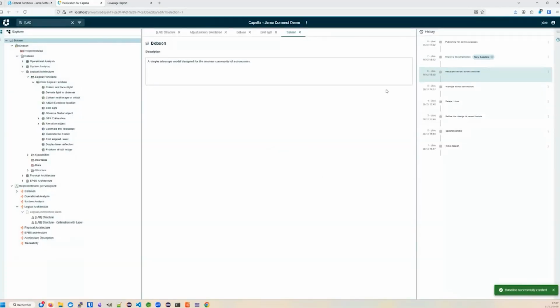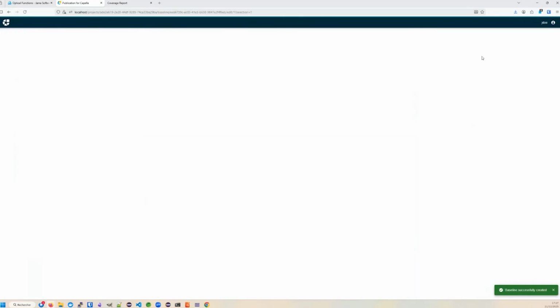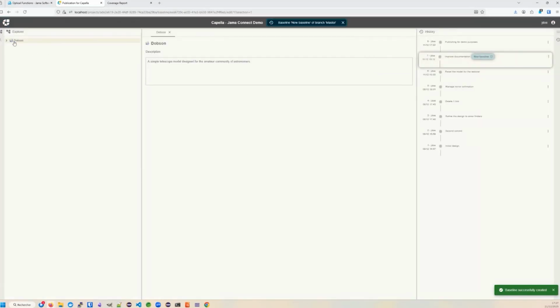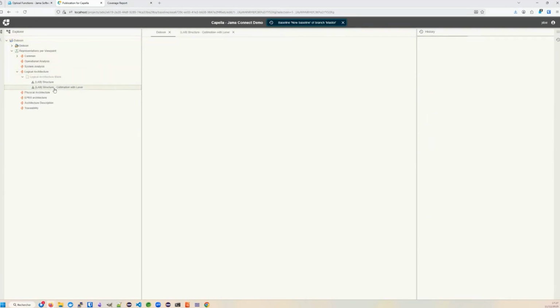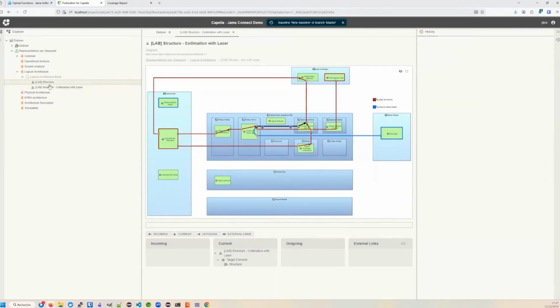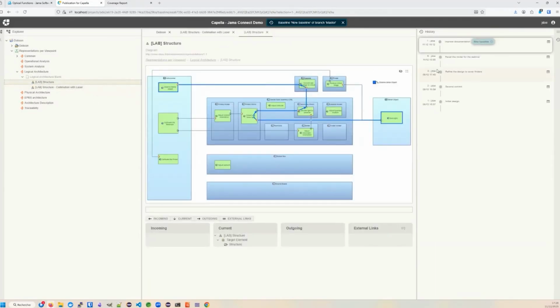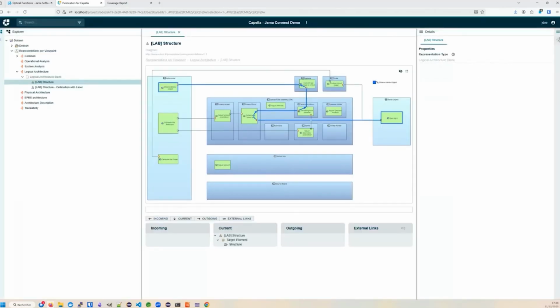And you can also browse the model as it was in the baseline just by clicking on the baseline like that. And now you're consulting the model as it was in this baseline you've just created. So the diagrams we have are as they were in the baseline and not as they are exactly in the latest version. So that's the history management features of publication for Capella.